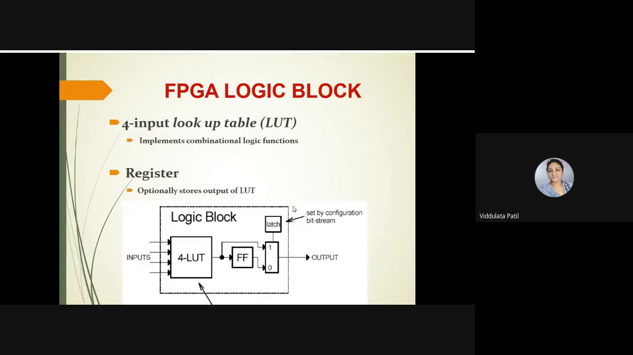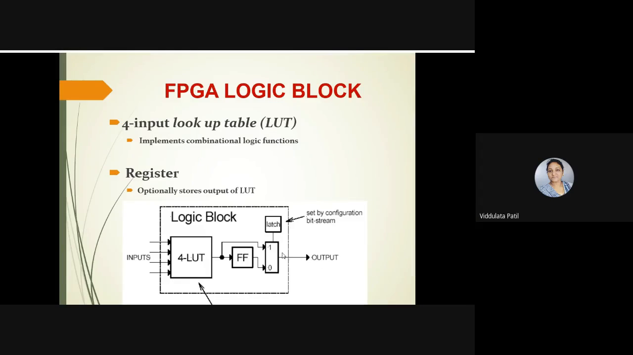So this FPGA logic block, for Altera Flex 10K, is like this. It has a four-input lookup table. There are four inputs, and the output of this lookup table is given to the flip flop, or it is directly connected to the multiplexer. Depending on the select input, any one of these inputs will be selected